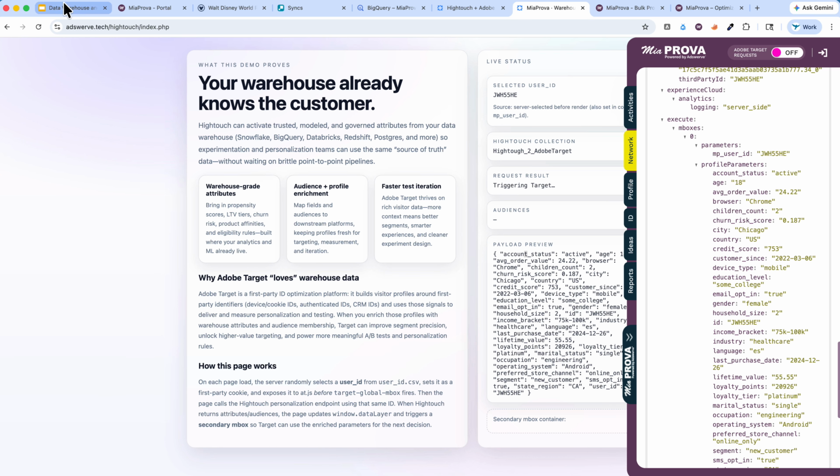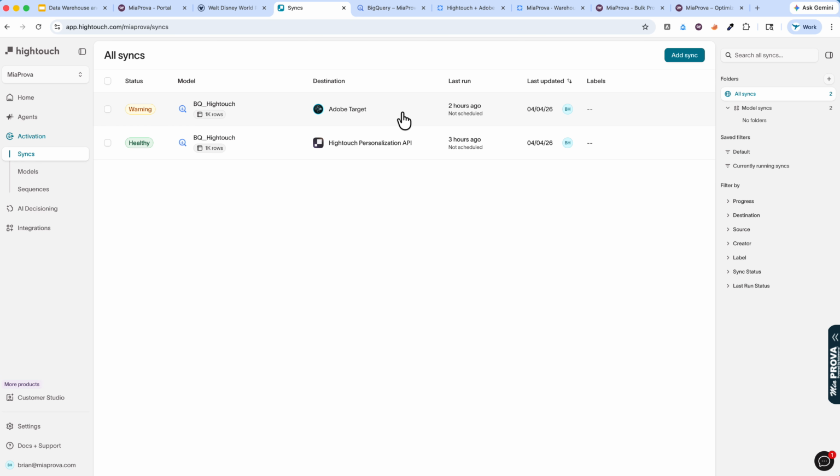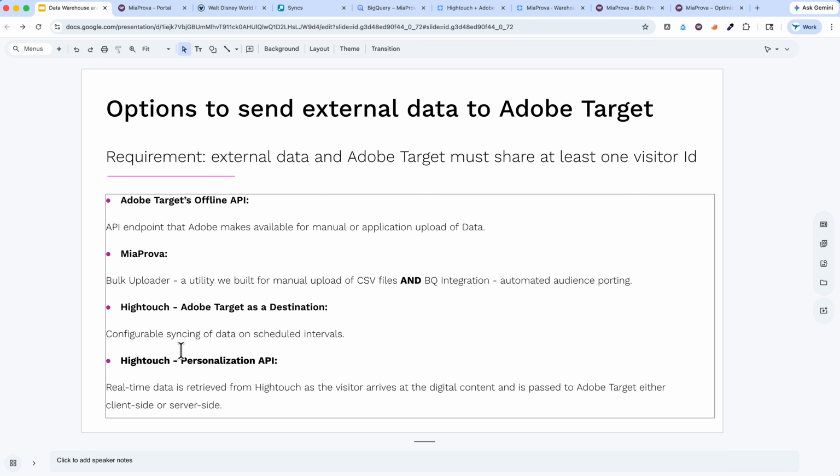And so going back to that company that we helped get this in place, it might make sense to use both approaches. If you've got Hightouch and you've got some data that's pretty static, then use the syncing method here, where we're basically using Adobe Target as a destination, using the offline API. It's basically updating it based off of whatever schedule you want. But if the data is very, very fluid and needs to be the most current and up to date, and you want to have it for that impression or the second impression, you're definitely going to want to use the